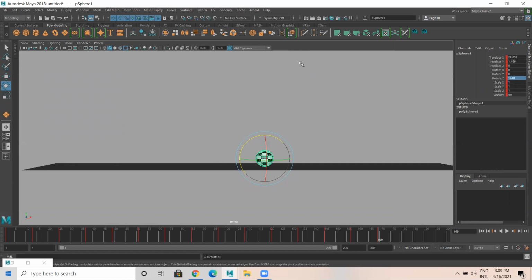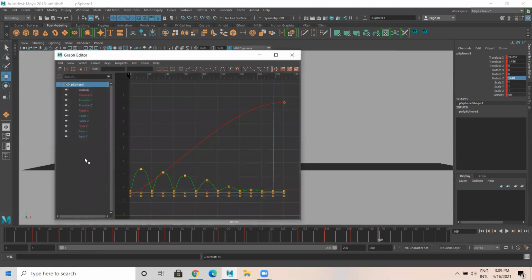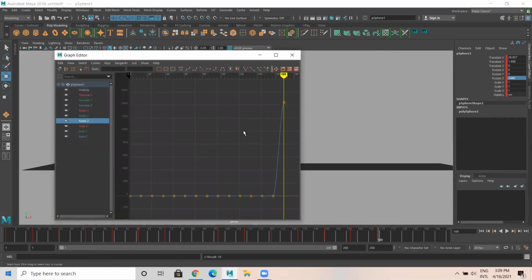I set key. Now rotation Z we have done. Now I'll come over here, select rotate Z. See, rotate Z is like this. Simple, select all the keys except first and the last, delete this. And that's okay. This is fine.